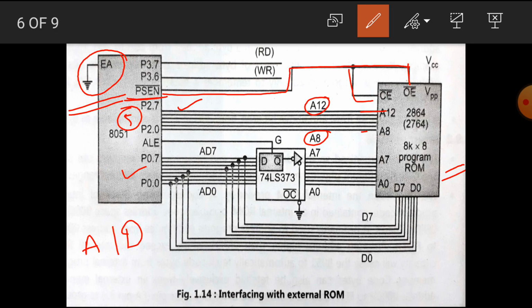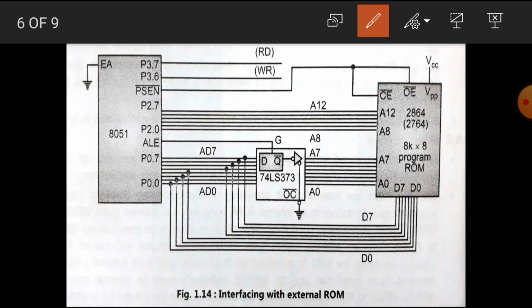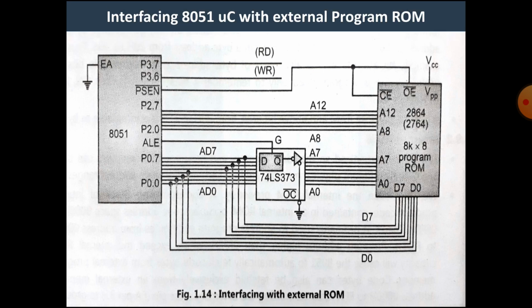To demultiplex this address and data, this latch is used, which works on this ALE pin. When the ALE pin is 1, then address is provided to the program ROM, and when this ALE pin is 0, then data is provided to the program ROM. I hope you all understand the basic connections about the